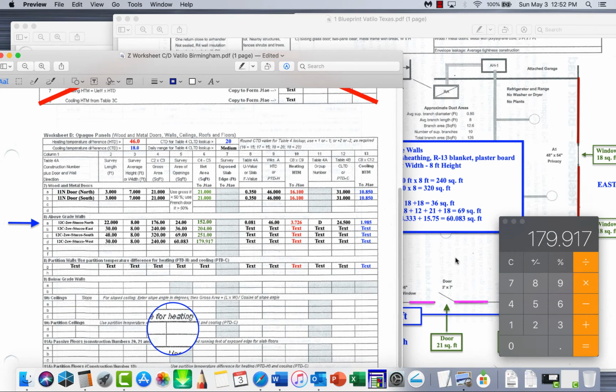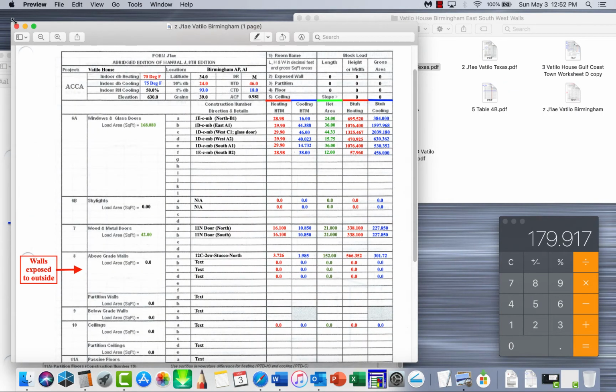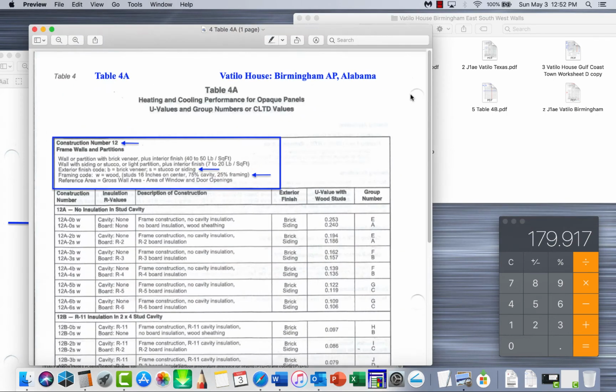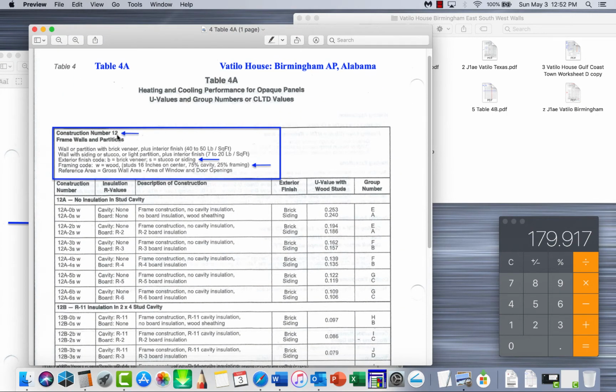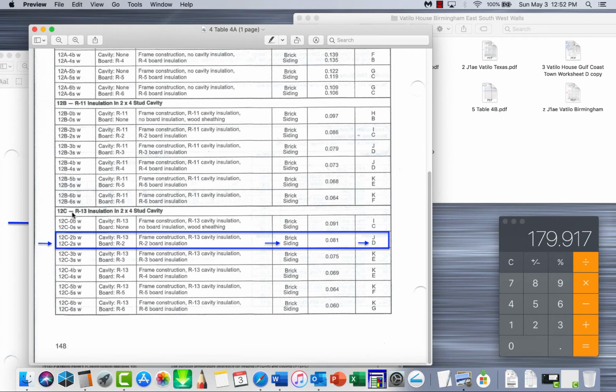So we need table 4. Let's bring table 4 back up here. We're just going to close some of this stuff down here. Close that. Don't need that. Table 4A. Alright, so table 4A, like I said, is where you got your construction number from. Stucco, that's our exterior and everything. So basically, we had R-13 insulation in the wall, and it was 2x4 frame construction,